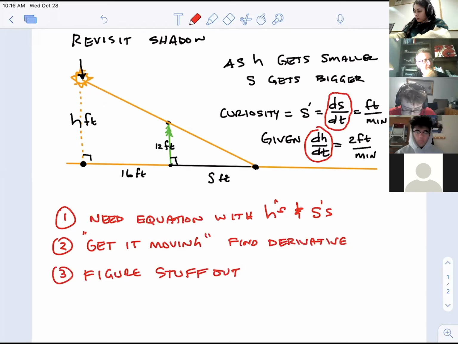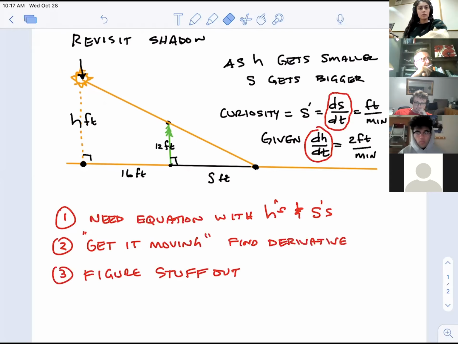But you're really happy when you see right triangles, because right triangles have all kinds of equations. Like they have sine, cosine, and tangent. Notice in my problem, sine, cosine, and tangent are concerned with angles. Like I'd have to get an angle, and there's no thetas anywhere here. I'm not interested in the angle. So I don't really want to use a trig equation, although trig does work for right triangles. But there's the Pythagorean theorem. The Pythagorean theorem is a formula that lives in right triangle land. And so that's interesting to me. Although I don't see any hypotenuses.